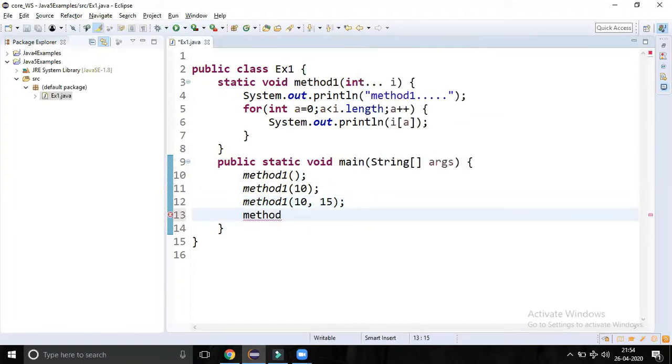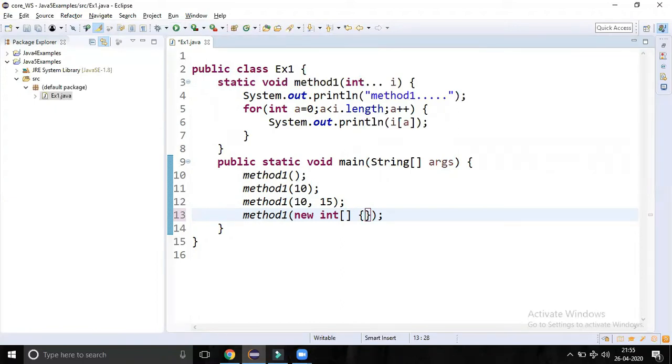Method 1 I am calling with int of, here I am passing the elements. We can pass the integer object or int elements.